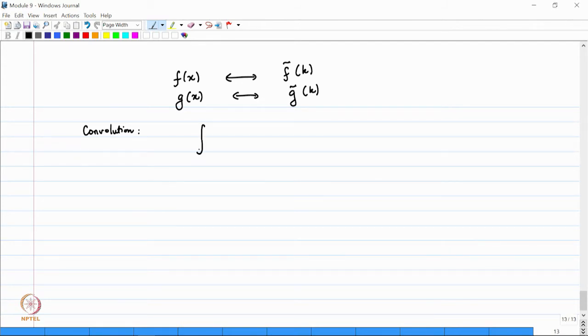I will say integral f of x minus x prime g of x prime dx prime from minus infinity to plus infinity, okay. I call this f convoluted with g, this is a function of x, okay. So, this is a convolution,